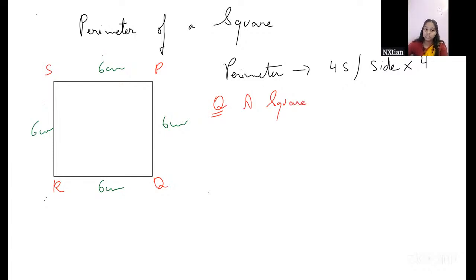A square carom board is of side 90 centimeter. Find its perimeter. Ma'am, is it 360 centimeter? Yes, 360 centimeter, 3 meter 60. Yes, find its